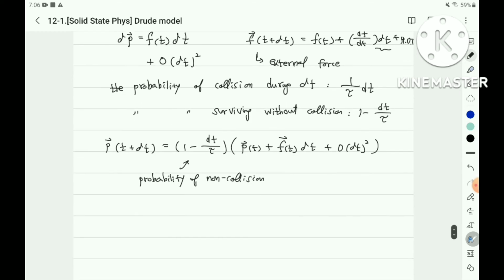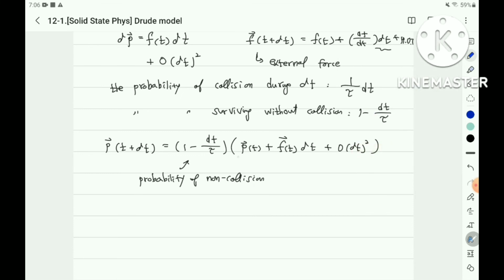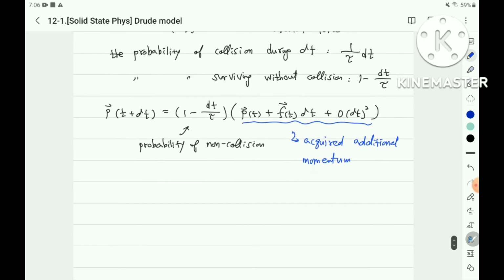This term is the original momentum, and this is the acquired additional momentum,